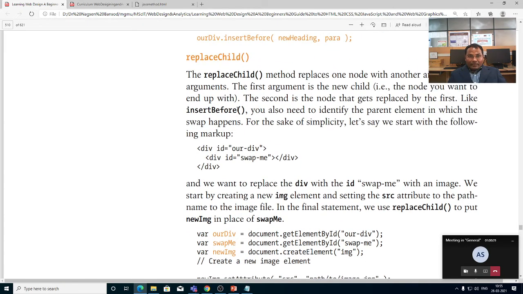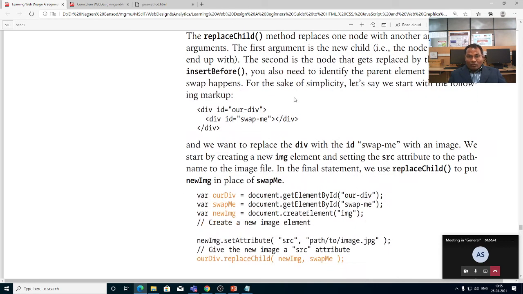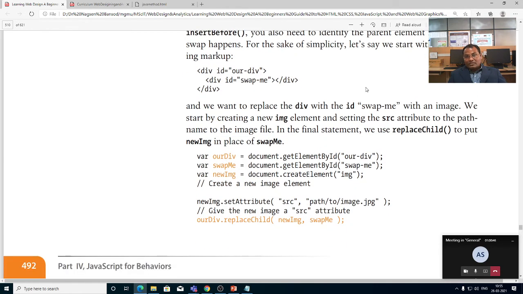Similarly, the replace child method is used. Like insert before, you also need to identify the parent element in which the swap happens. For the sake of simplicity, let us start with the following markup.